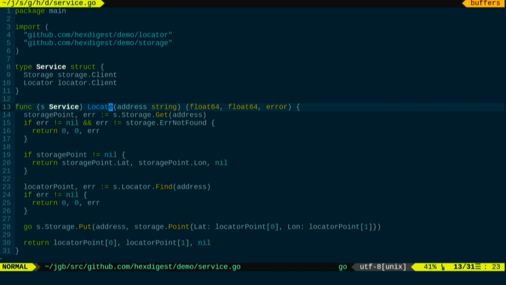And it has a Locate handler which takes an address and returns us a GPS location of this address. And how it works is that it first tries to find this address in the local storage, in the local cache. And if something is found, it just returns the location from our local storage. And if not, we call a third-party system and try to find this location. Then we return this location to